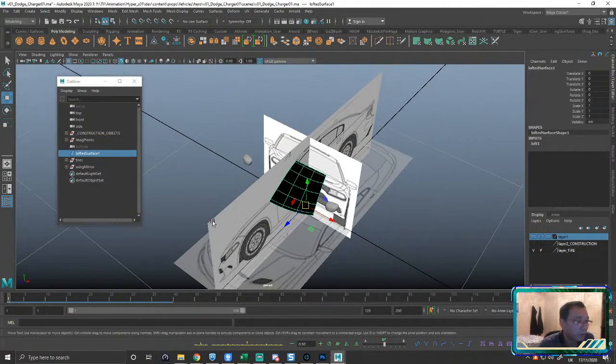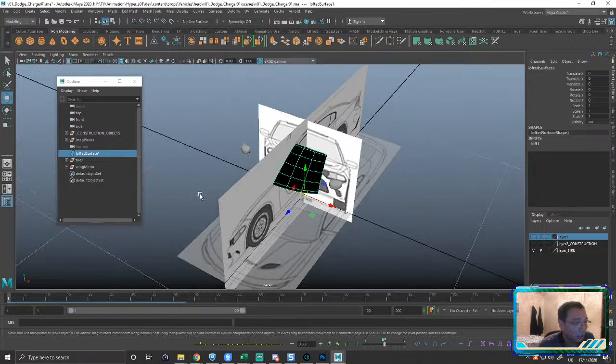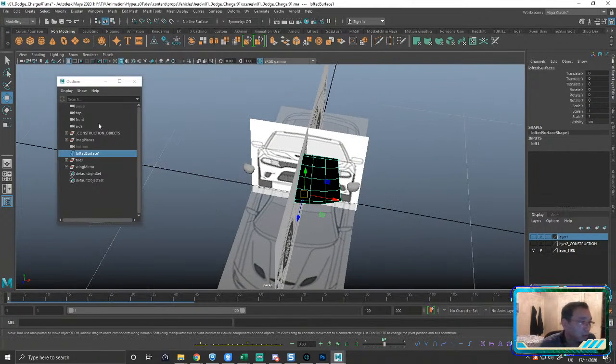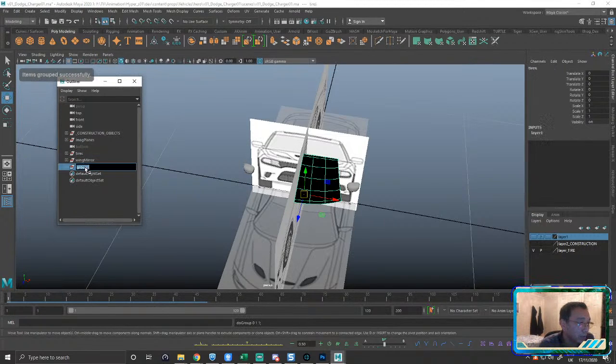Go to that view, and I'm just going to control G on this, and then call this glass, right? Nothing super fancy at the moment.